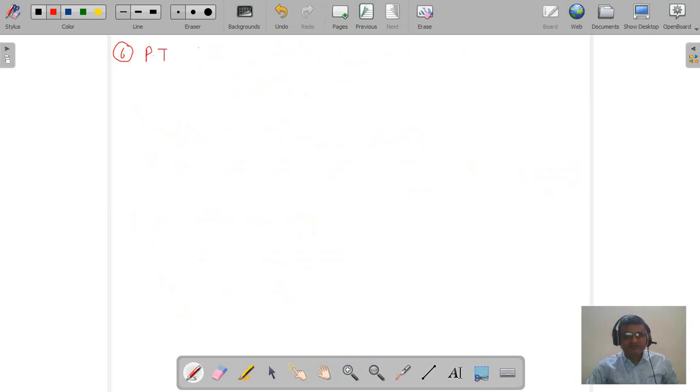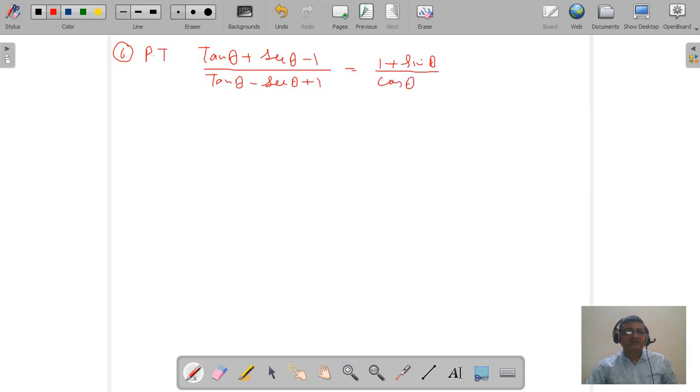Prove that (tan theta plus sec theta minus 1) upon (tan theta minus sec theta plus 1) is equal to (1 plus sin theta) upon cos theta. Now we are going to solve this question. The solution is,